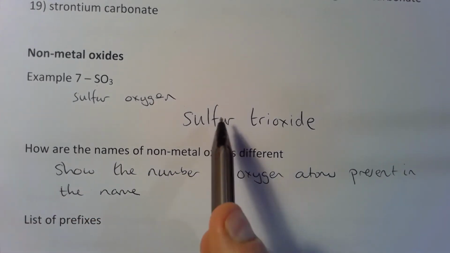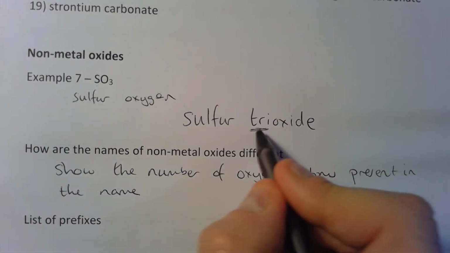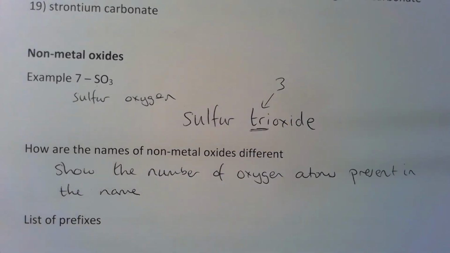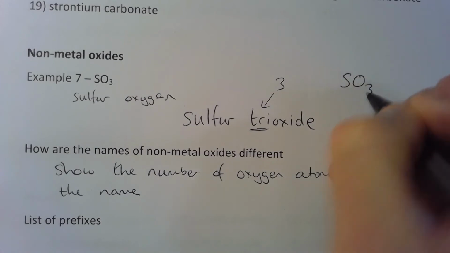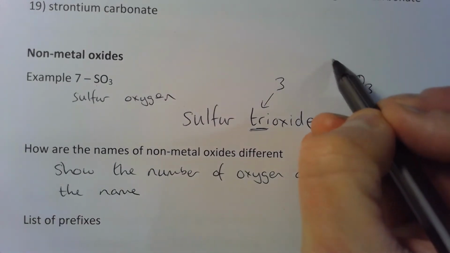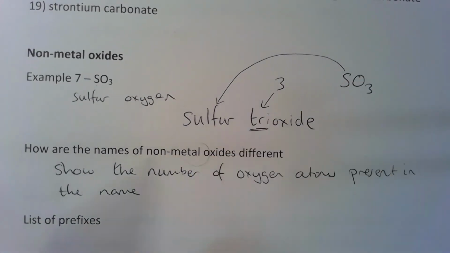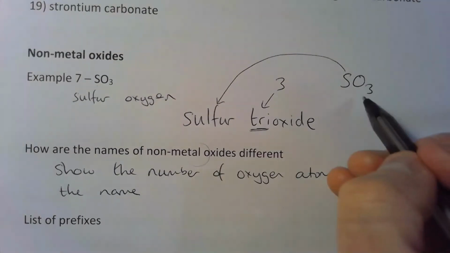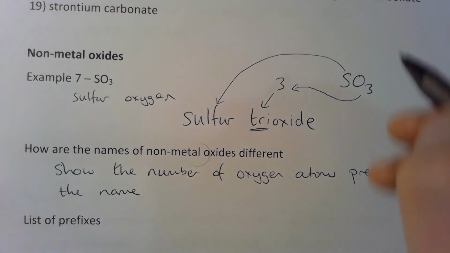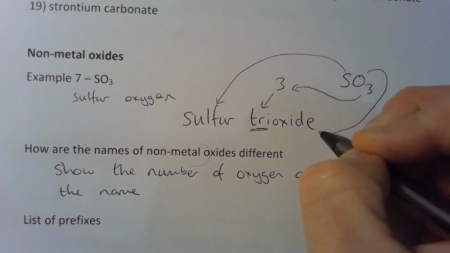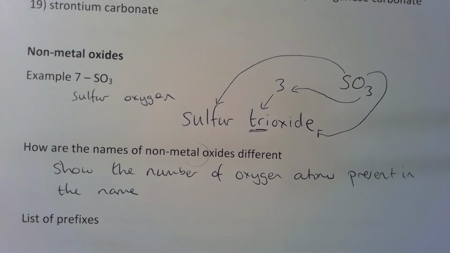So if you see what I did here, this tri means 3. So this name, sulfur trioxide, SO3, I've named it because S gives it sulfur, the tri tells us there's 3, and the oxide tells us that those are oxygens,